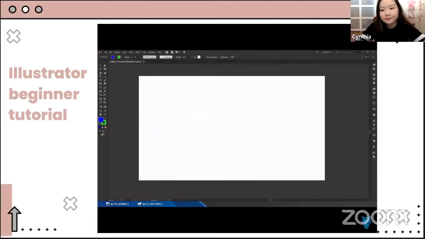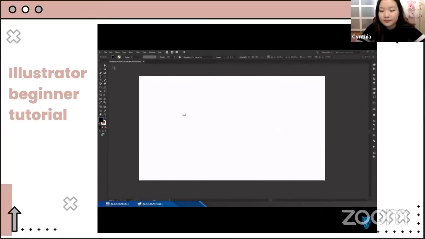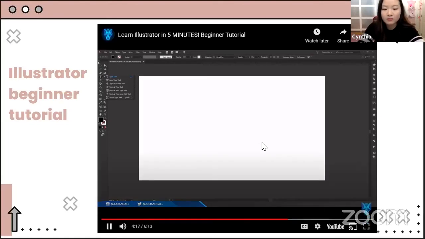If you want to create text inside of Illustrator, you can just hit T to go to the type tool, and then you can just click anywhere and begin typing. If I click and hold on the type tool on the left hand toolbar, you can see there's an array of different type tools. You can actually type along paths or inside of areas. It's really easy to use and it's a great tool.